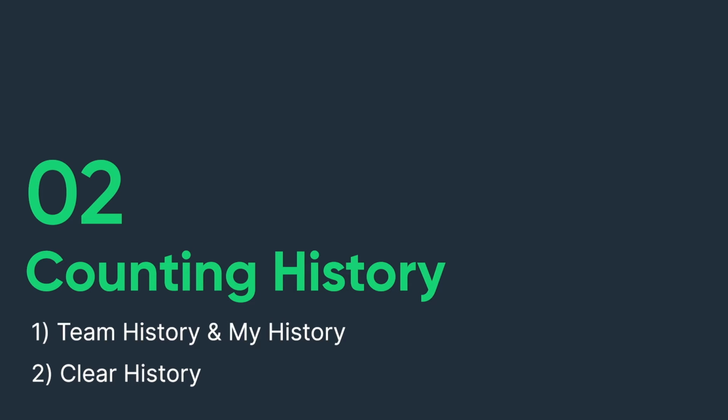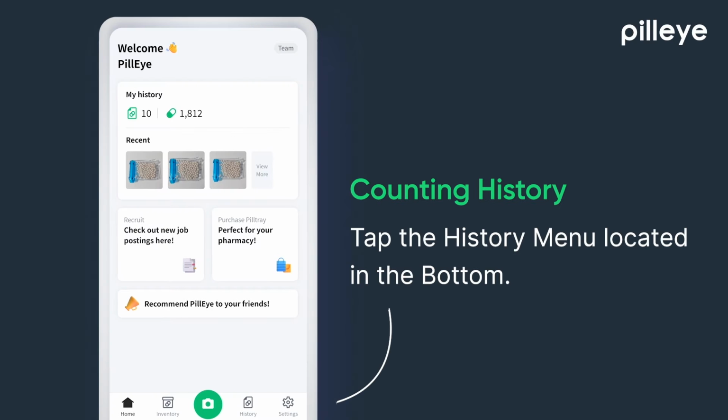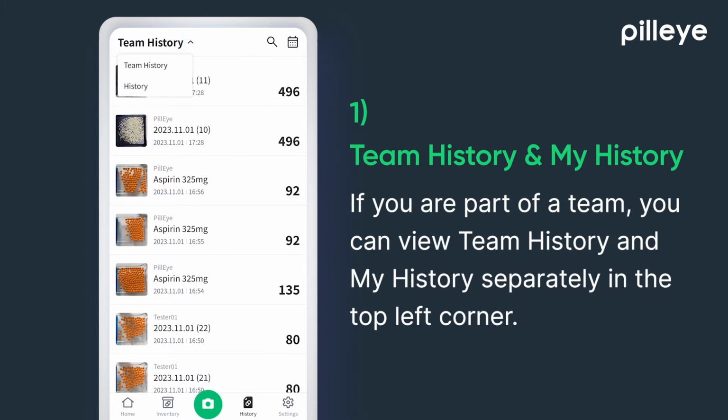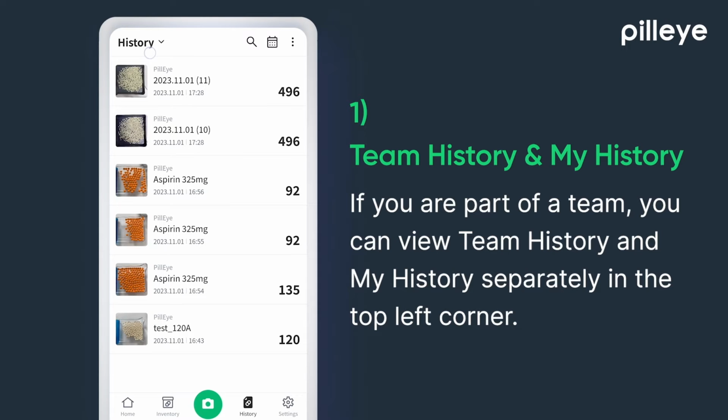Counting history. From the home screen's bottom menu, you can access the counting history page. If you're a team plan subscriber, you can view not only your counting history, but also the combined history of